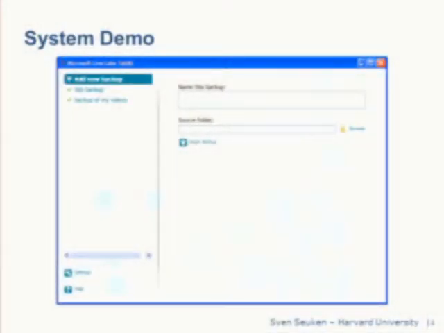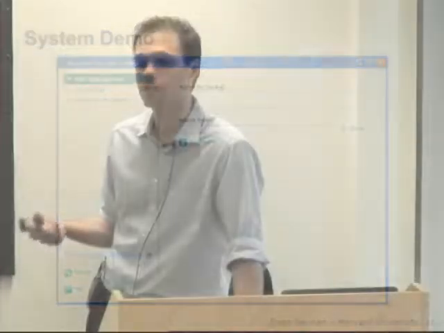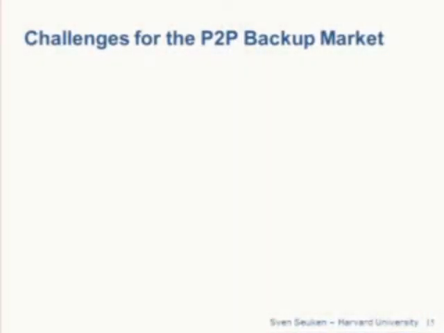He simply gives it a name, selects a folder, and clicks on Go. So the user doesn't really have to know, which partly answers the first part of your question, that this is going to a peer-to-peer backup system or to a centralized server. It just disappears into the cloud, and we guarantee the user essentially the same guarantees as we could with a centralized system.